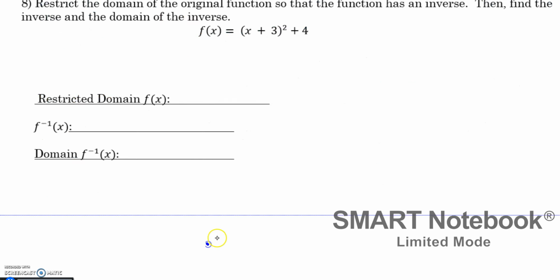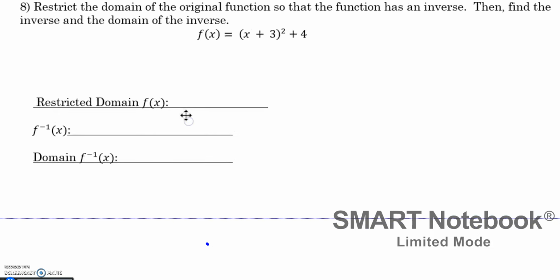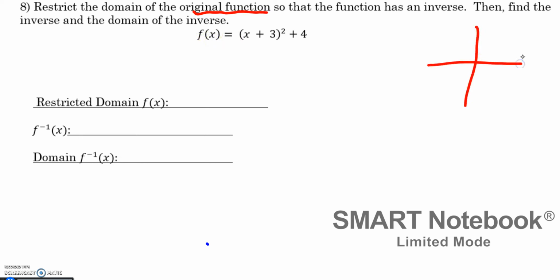Last question on this video, number 8, has to do with restrictions as well. So this one, though, says restrict the domain of the original function so that the function has an inverse. The reason that we have to do that is very related to what we just did on the last problem. If you think about what this looks like, it is a parabola again that goes to the left 3 and up 4. So if I drew a quick sketch of that, it is going to be a parabola facing upwards,